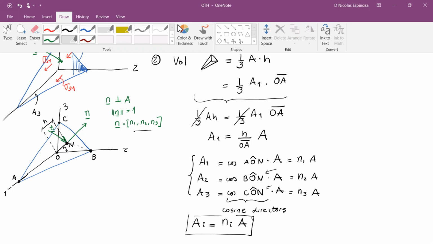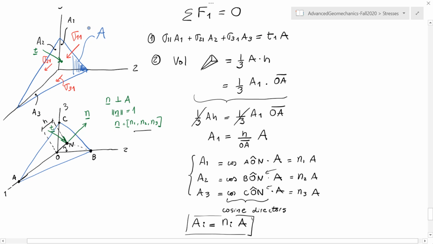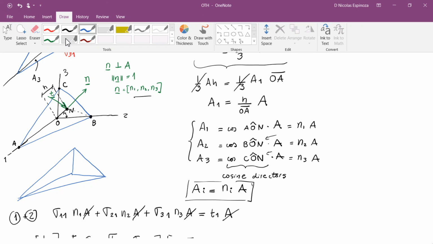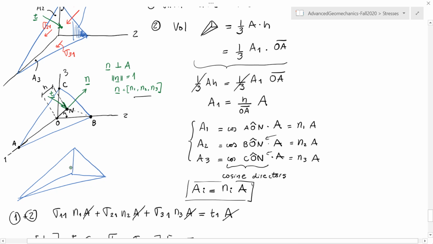And this vector T, I'm going to just draw here the area. Let's see if I can do this without the axis. This is the volume that we are looking at, and on the face which is facing us, applied somewhere over here, I have the vector T,